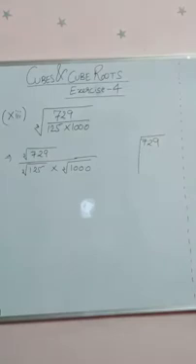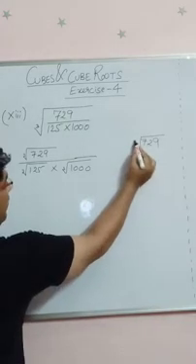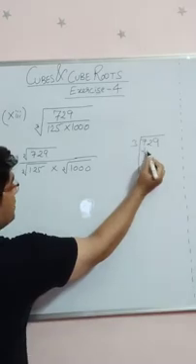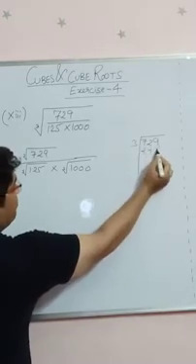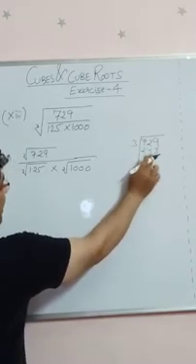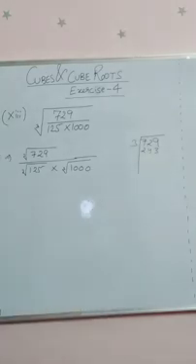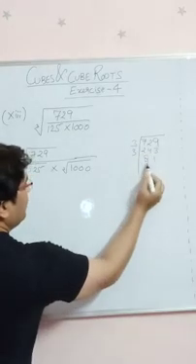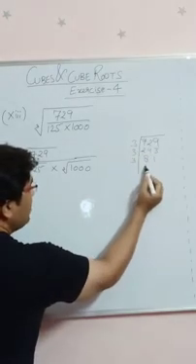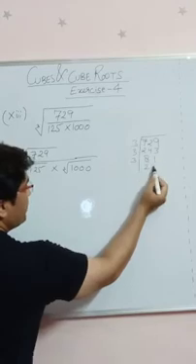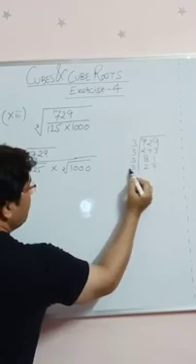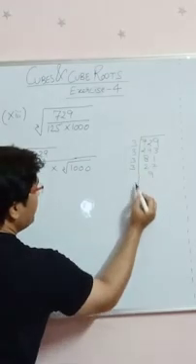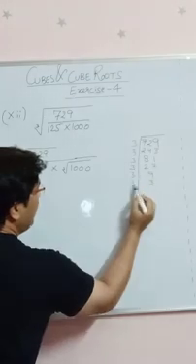Okay, 7 plus 2 is 9, 9 plus 9 is 18, which comes in the table of 3. So I am going to begin with the factor 3. 3 2s is 6, 3 4s is 12, 3 3s is 9. Now 3 plus 2 is 5, 5 plus 4 is 9, which again comes in the table of 3. So we are going to continue with 3. 3 8s is 24, 3 1s is 3. 8 plus 1 is 9, again it will be divisible. 3 2s is 6, 2 is left, 3 7s are 21. Again by 3, 3 9s are 27, 3 3s are 9, 3 1s are 3.